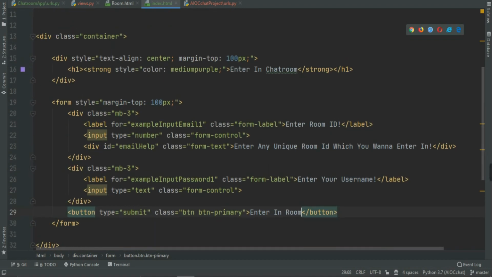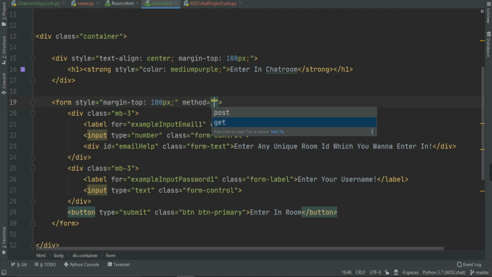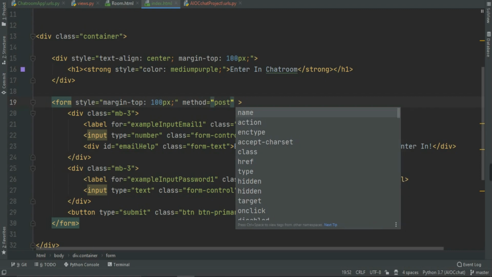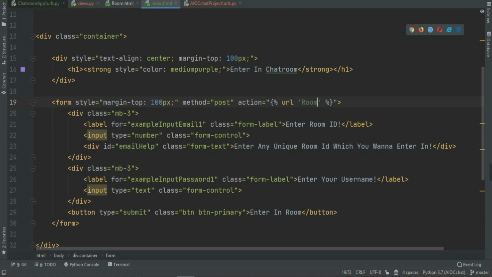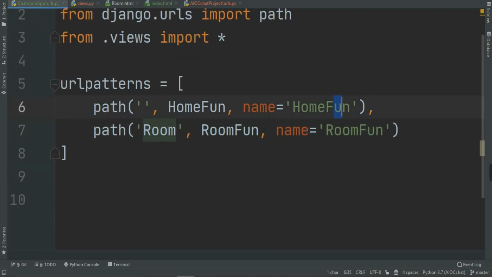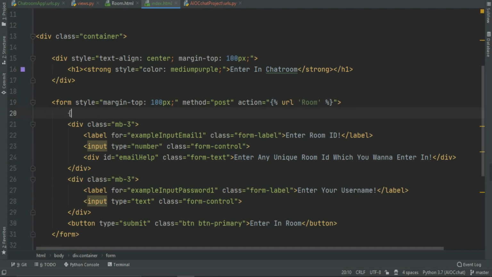Now in the index.html, because we are using the form, we have to put the method, which is nothing but the post request. We are going to use the post, and in here we are going to pass the action. I'm going to pass the action equal to URL, because I want to redirect to that particular room, so I'm gonna use the room func. Oops, we have to pass only room in the URLs. Let's remove this func because we are not using the function in here. Okay, so I'm redirecting that particular user, when they click on the button, to that particular room. Now because we are using the post request, we have to use the CSRF token.